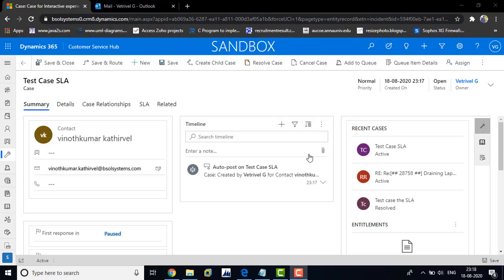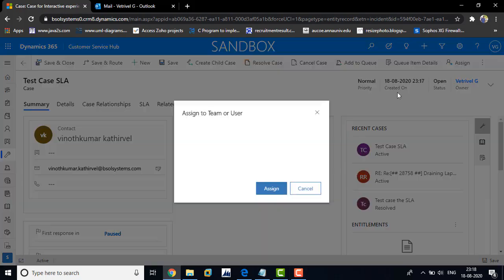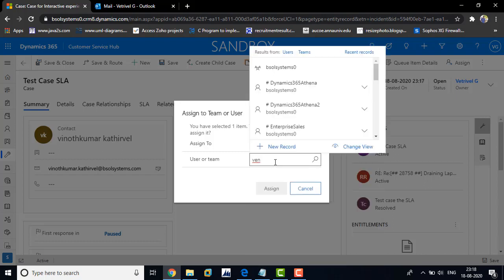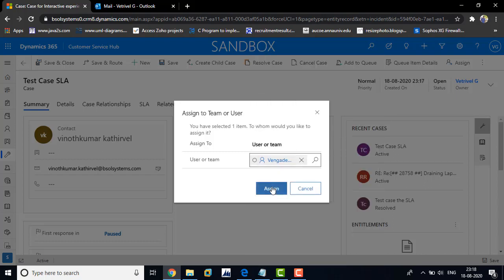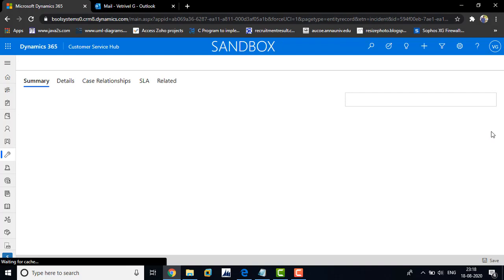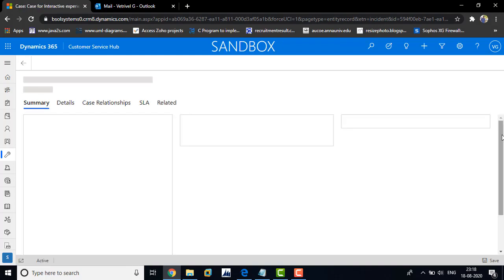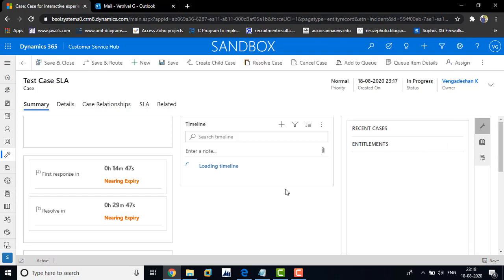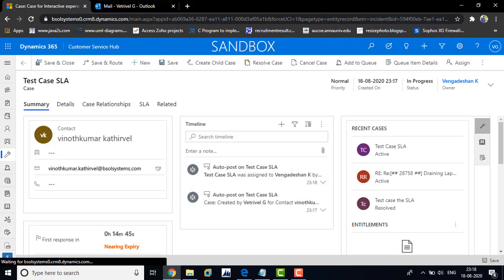Now we are going to assign this case to a support engineer. Just refresh the page. Now you can see here that the timer has started.